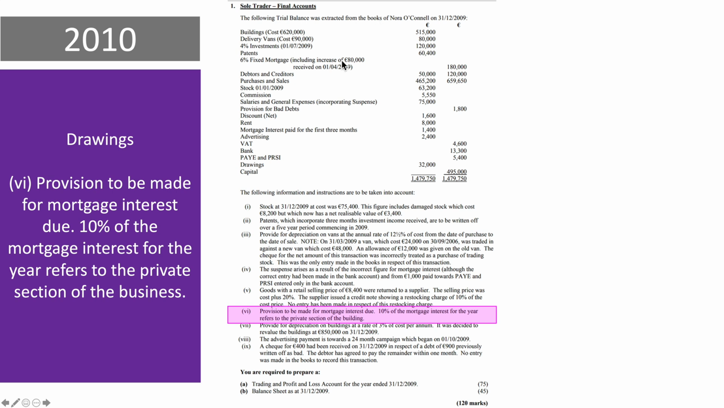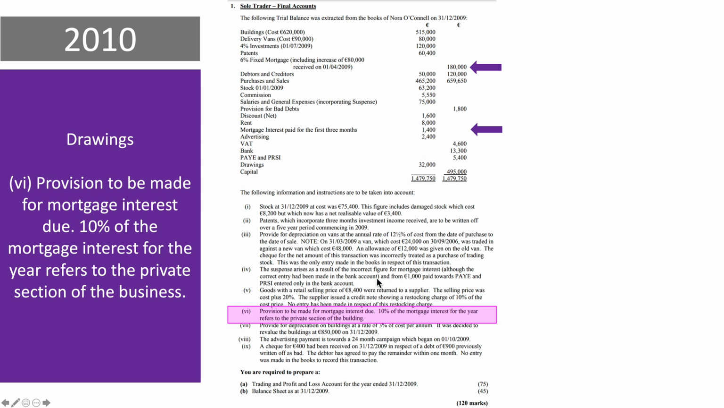2010, we have another one about mortgage interest. So note 6, provision to be made for mortgage interest due. 10% of the mortgage interest for the year refers to the private section of the business. So we have our mortgage there, we have mortgage interest paid for the first 3 months here, 1,400. So we need to